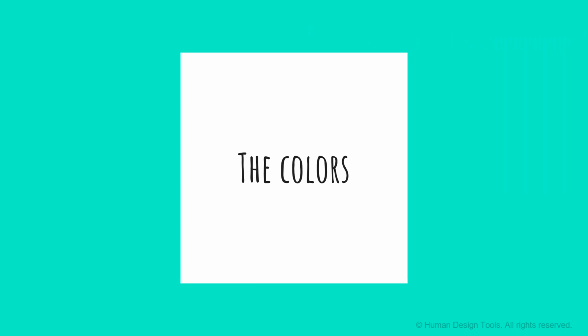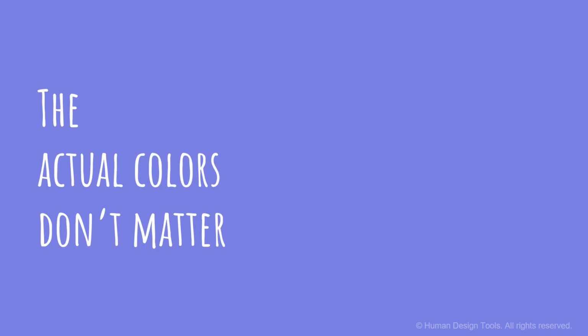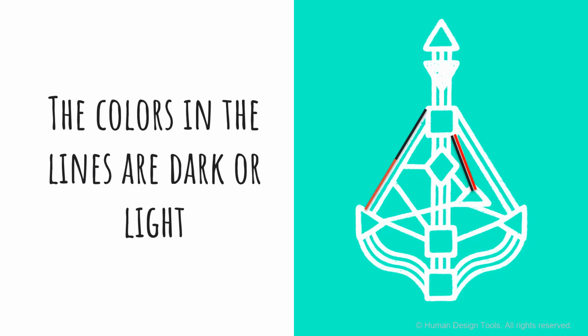And then there's the colors. So the actual colors that are on the chart don't matter. The colors that are in the lines are either dark or light. They used to be all black or red, but you can see now people are starting to make charts according to their own branding colors. And so now they are sometimes like dark purple and light purple. So think a dark color is what used to be black, and then a lighter color is the red,